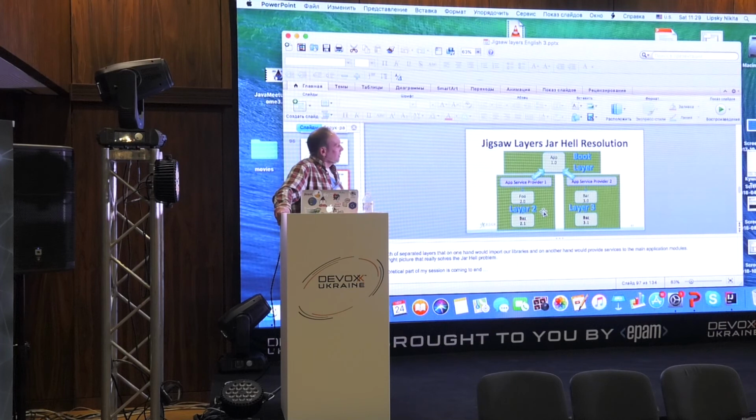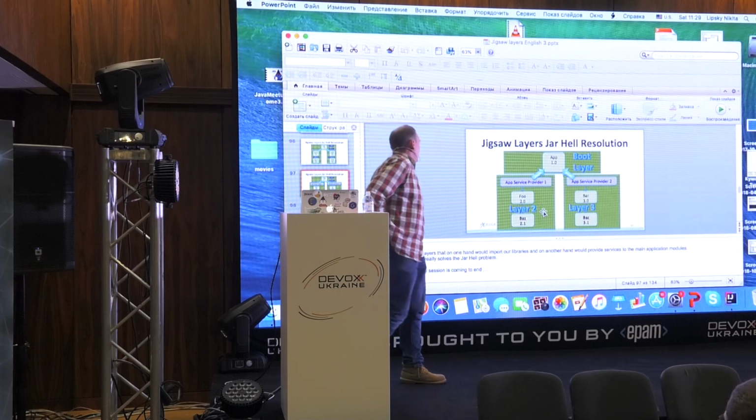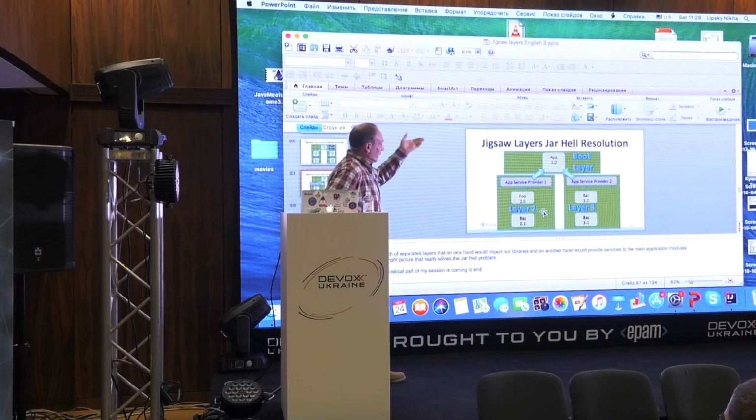You put libraries in the upper layer and import them. So you can share them, of course. But if you face that the same library has two versions, you can move it to your own layer. So you have this choice.